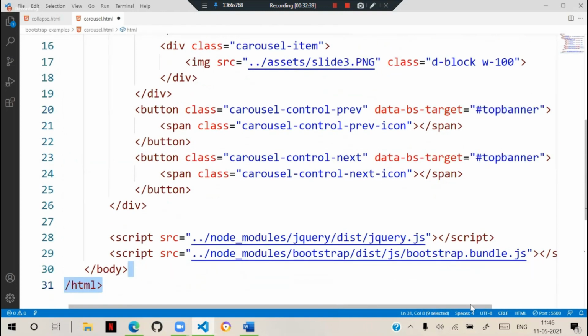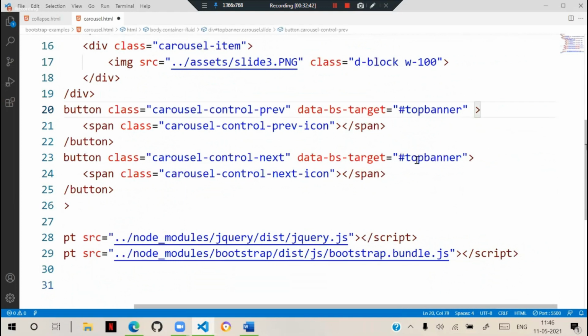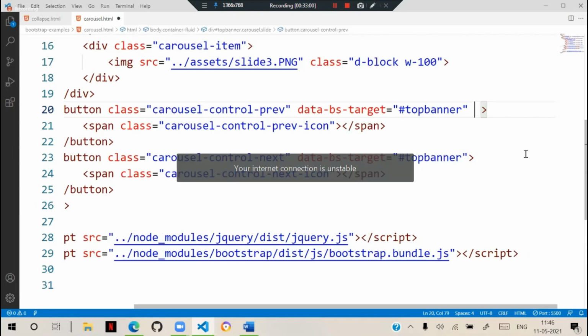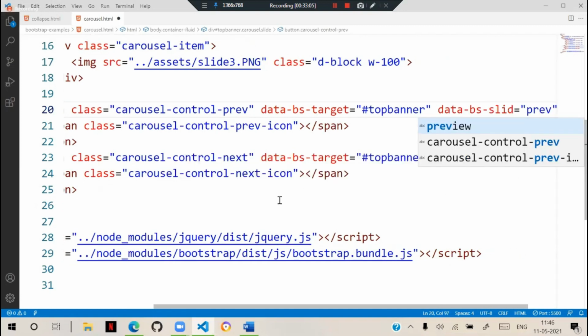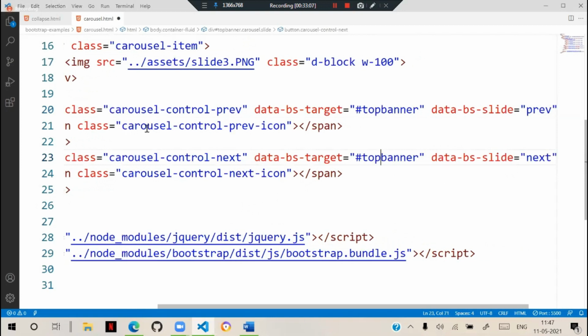When you click on this, it will use prev for previous, and for the other we give next, with data-bs-slide. These are the commands used for navigating to the previous and next.